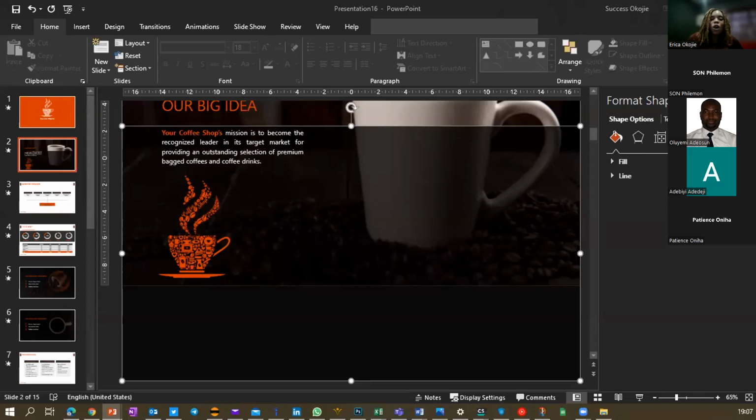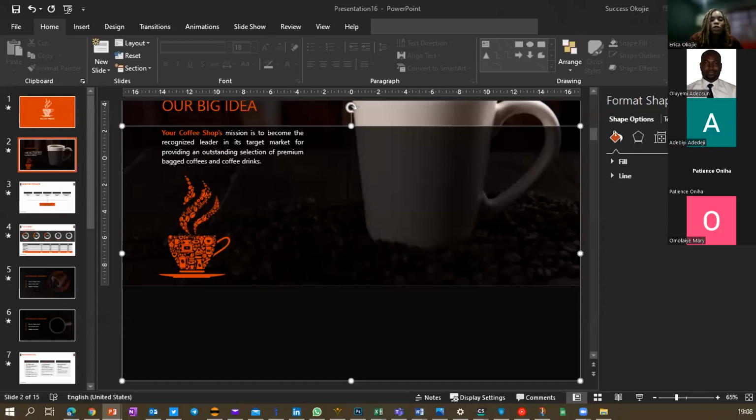As I was saying, all you need to do is right click, then click on format background. This is what comes out. Now you can see transparency is 100%. Now let me show you how it looks if I don't make it transparent. Can you see? It's the same as slides 1 and 2. But when I make it transparent,